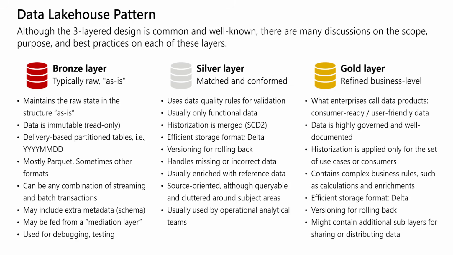So, in other words, we go from low, bronze, our raw, to gold, our business-refined and trusted data. So there's a level of trust in this pattern, right? Three layered zones really,